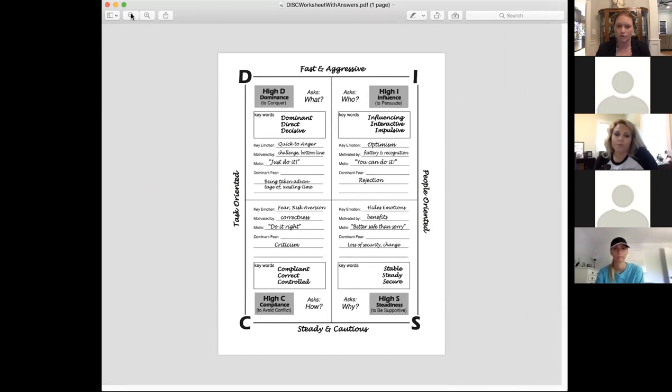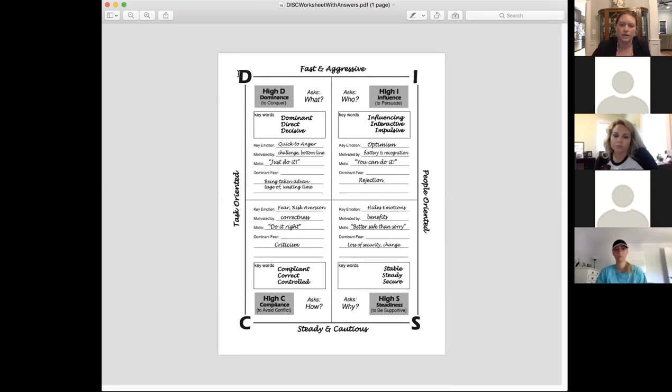What is the DISC profile? Essentially, all of us have natural tendencies that come out of us that lend themselves to one or two of these categories more than the other two. The only thing you have to really understand is that at times we can all show up in all four categories. Just because we're a high SC or a high I doesn't mean that we're never one of the other characteristics. We often have a little bit of all of these. It's just that we lead with one or two of these behaviors.